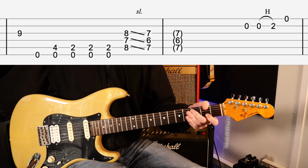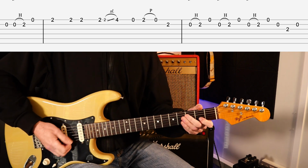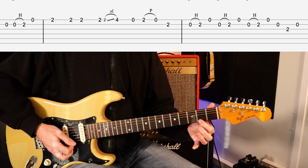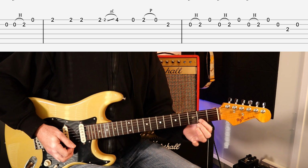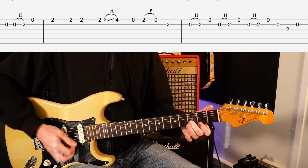That leads you into the penultimate section of the song. Now you can do whatever you want with it really, but this is the way I've written it out. So that's the end of bar 9. Sorry, I'd better explain that, hadn't I? So that's going to be 0, 0, hammer onto 2 on the 2nd string, and then open 1st string. Then we've got 2, 2, 2, 2